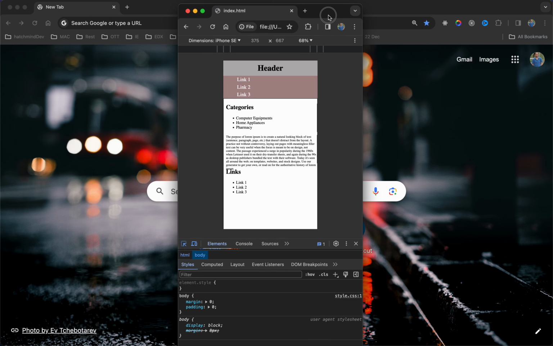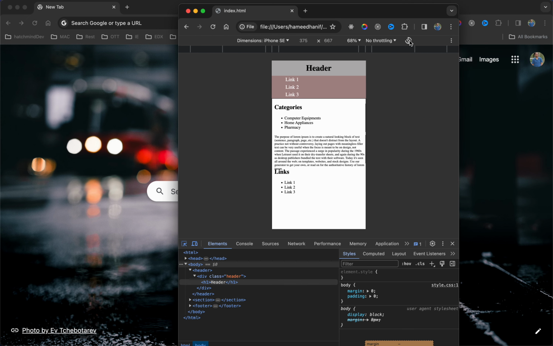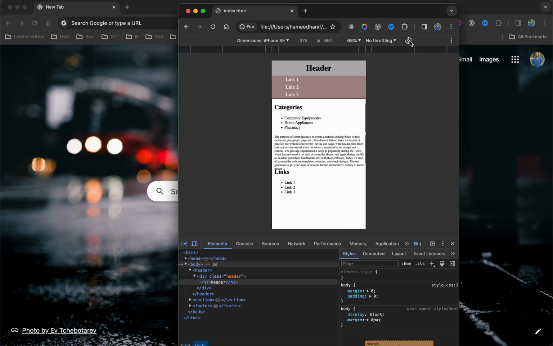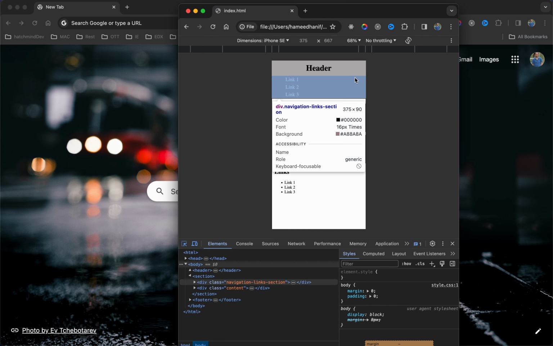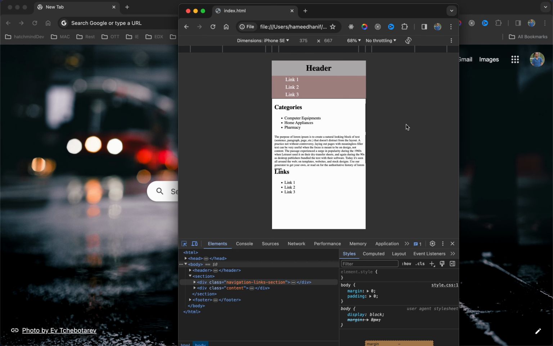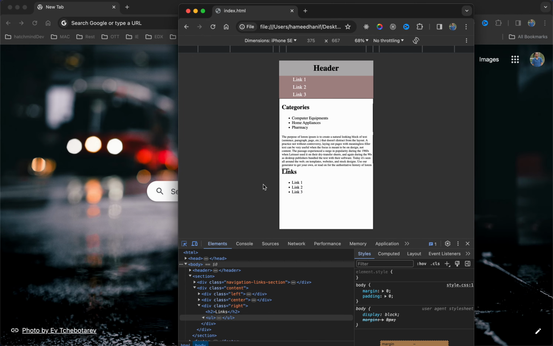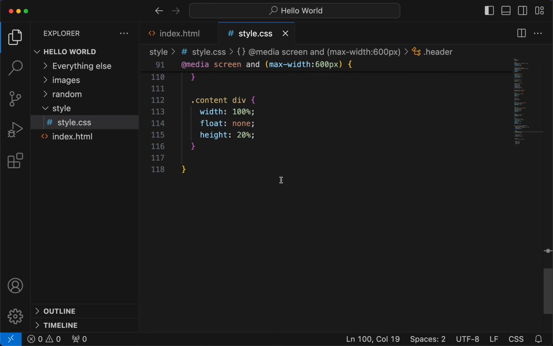So you have iPhone SE. I'm going to watch it in landscape. In landscape, for this width, this height is fine, but for the portrait, for this width, this is the right height. So just think of how well you could do responsive design and even practice on these media queries, because